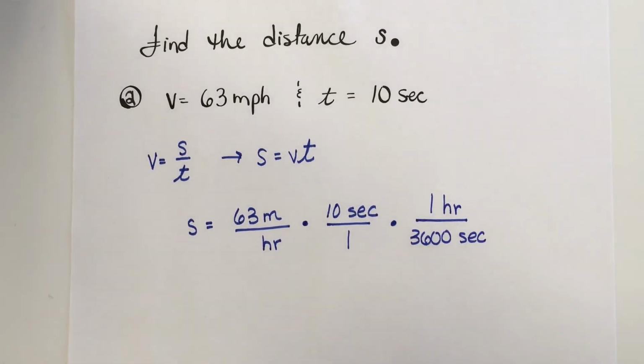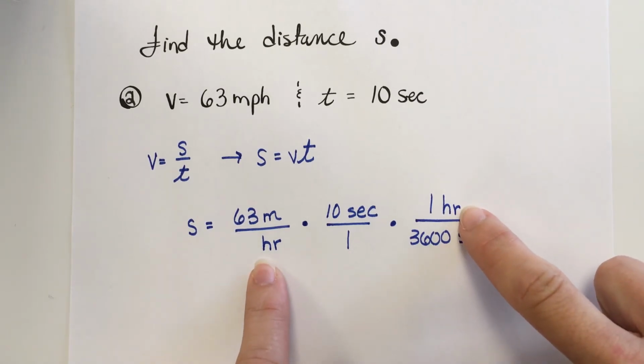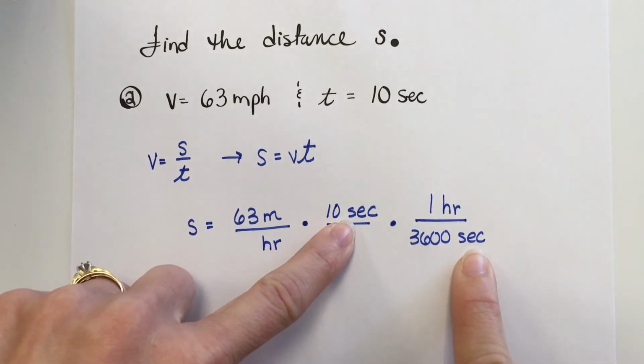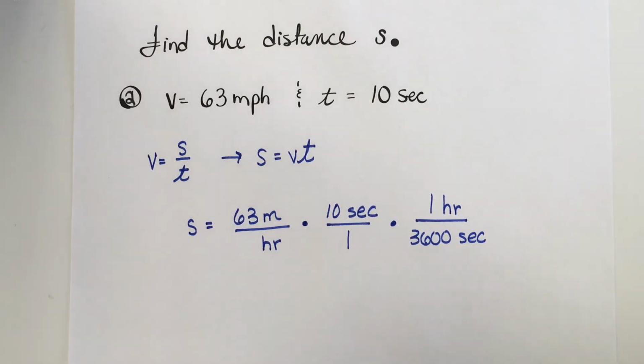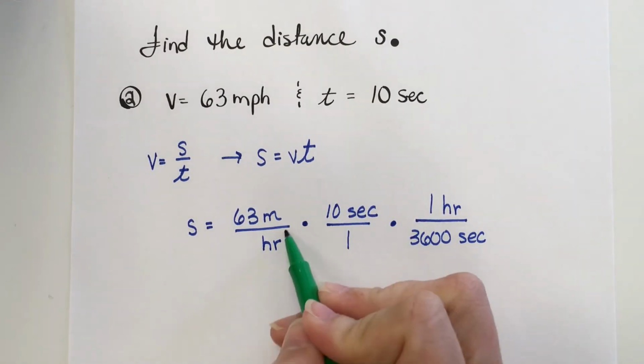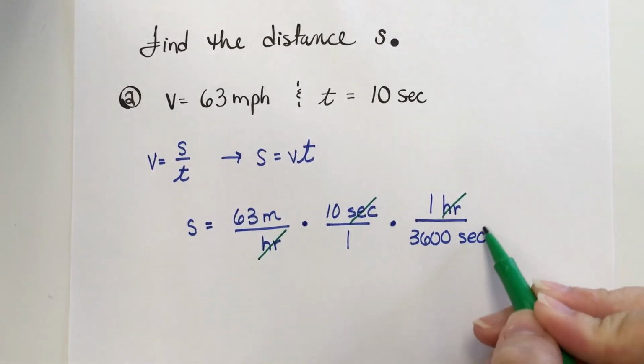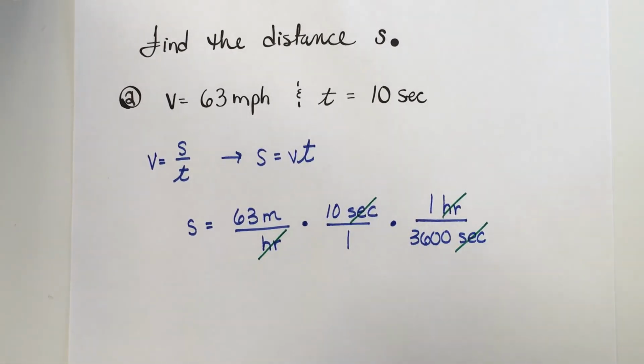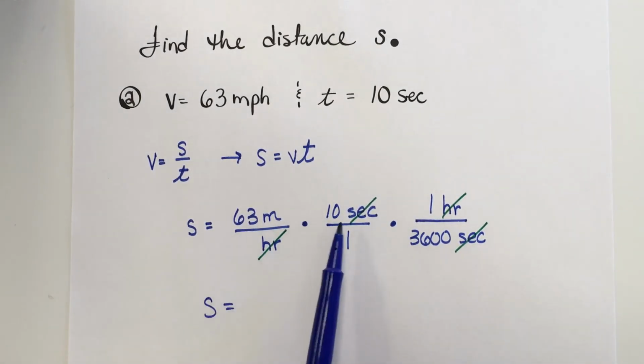The reason why you want to do it in that order is if you need your times to cancel out, you've got to have your hours, where one of them's in the numerator and one's in the denominator, so they will cancel. And the same thing with your seconds, you're going to get those to cancel out, okay? All right, so these cancel. These cancel. Now you can just use your calculator at this point. Just do your 63 times your 10, and then divide that by the 3,600,